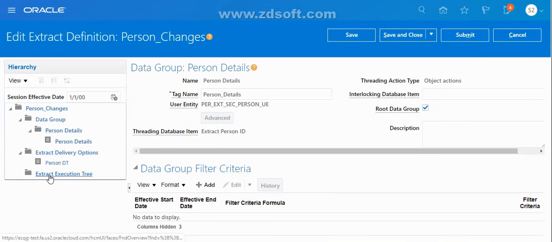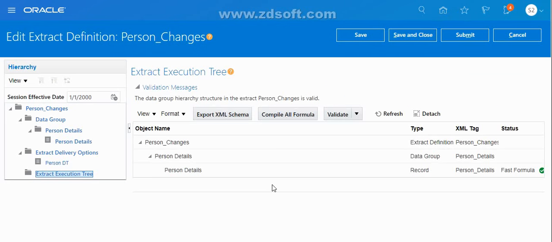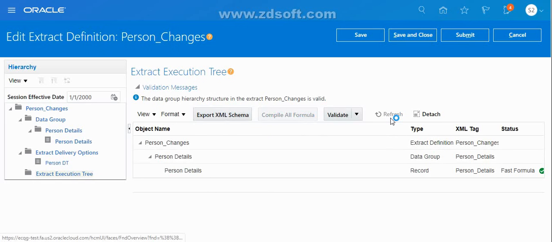We will go ahead and compile our HCM extract and then see the validation. Compile formula, refresh it, and keep on refreshing till it goes to green status.